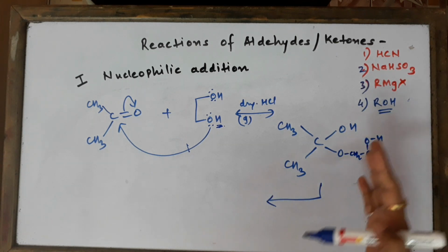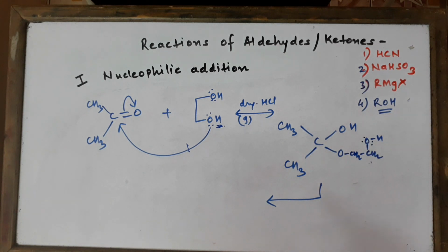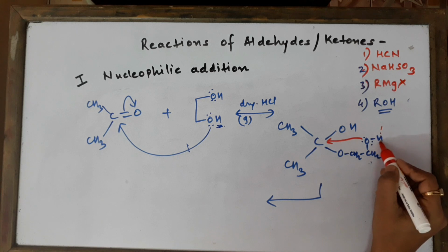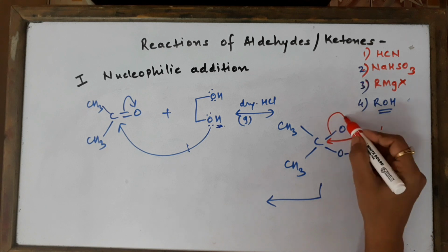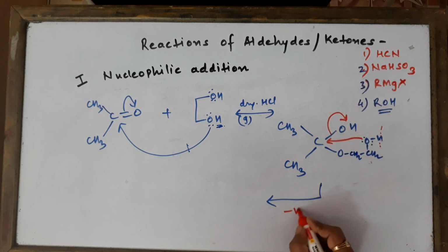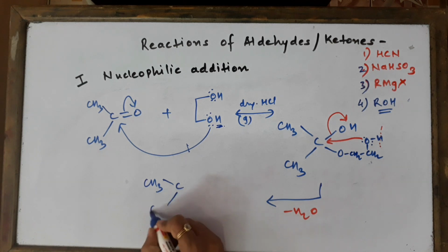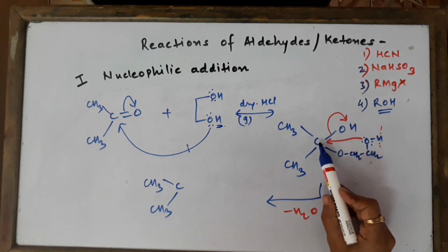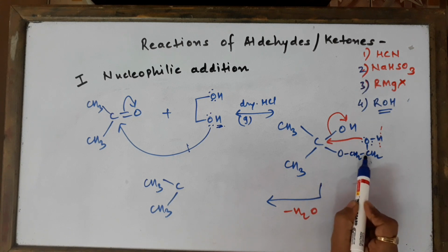Now in the second step, intramolecular nucleophilic reaction takes place where this second OH is ready to attack. The moment it attacks, remember when the oxygen attacks, its neighboring hydrogen has to be knocked out. Whenever somebody attacks, its neighboring hydrogen has to be knocked out. So when oxygen attacks here, the OH minus goes from there and the H plus goes out from there. So water is definitely going to come out in this case as the byproduct, and the answer which we will be getting is CH3, C, CH3. And look at this, this is getting connected over here, okay? So we'll be getting a ring now because this complete thing is getting closed. So how many atoms are there? 1, 2, 3, 4, 5 atoms will be there.